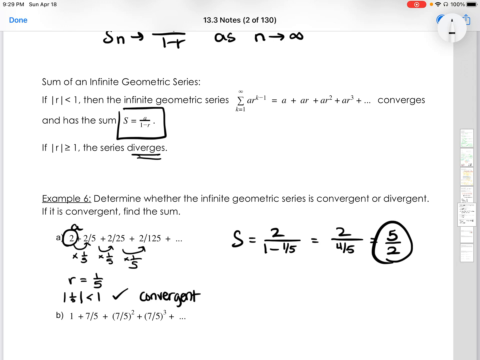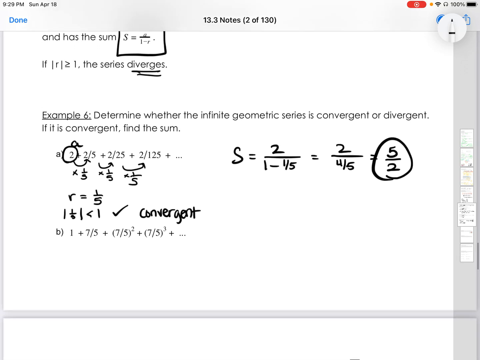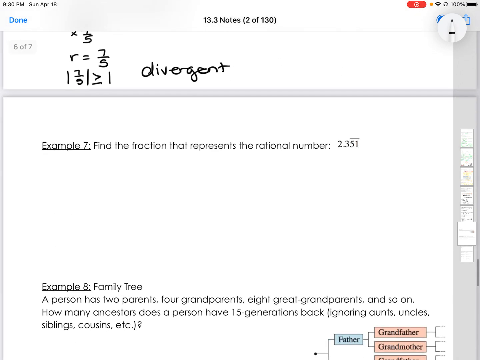All right, let's take a look at this next one. Again, how do I get from 1 to 7/5 to (7/5) squared and so on? It looks like we are multiplying by 7/5, so that's going to be our r. And if we take a look, is the absolute value of 7/5 greater than or equal to 1, or less than 1? It is bigger than 1, so we say that this is divergent. We want to find the